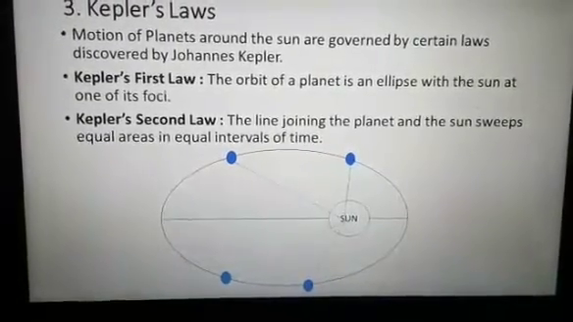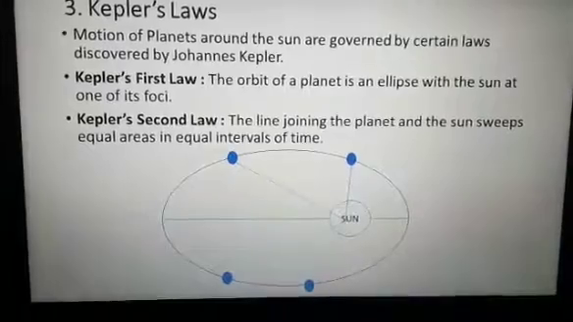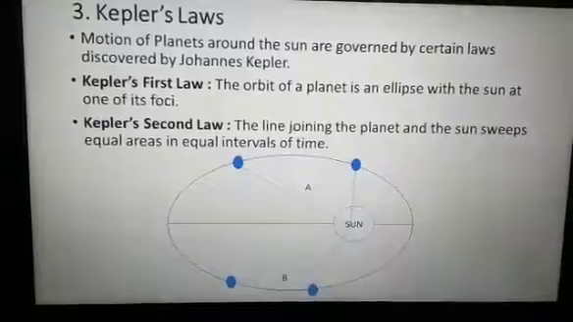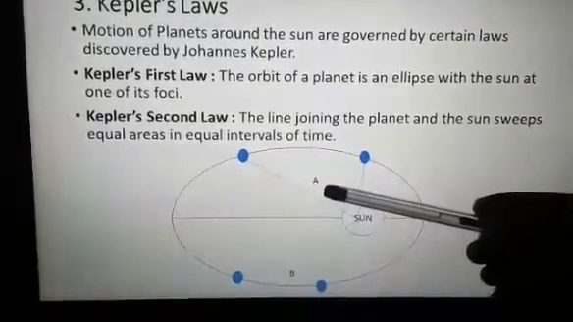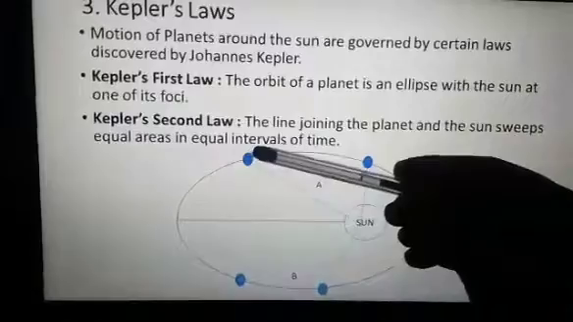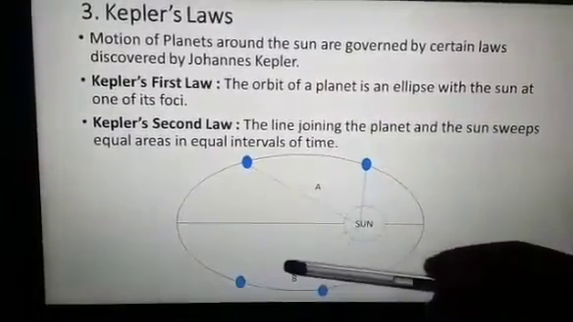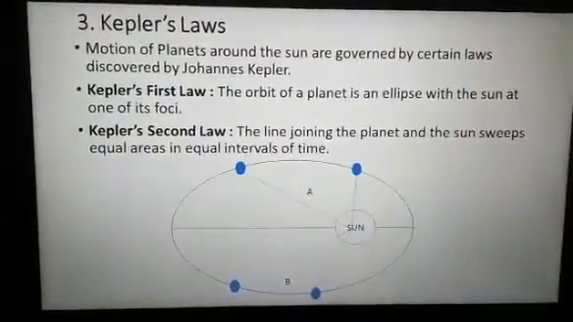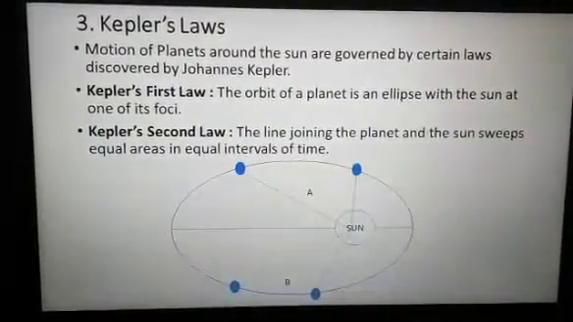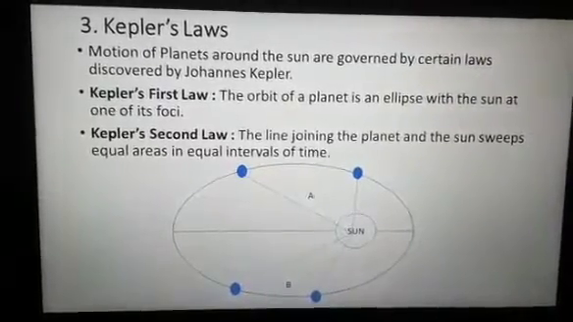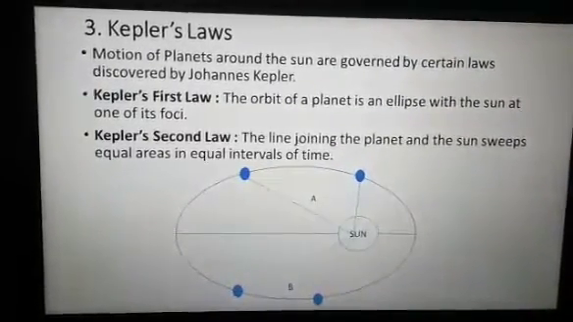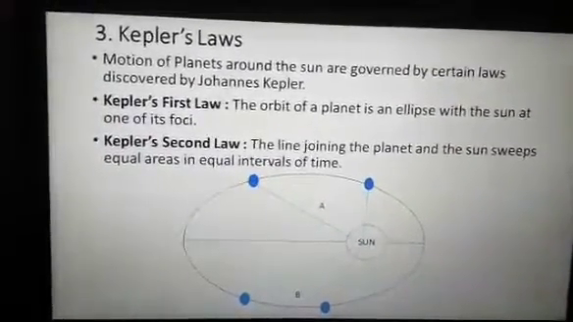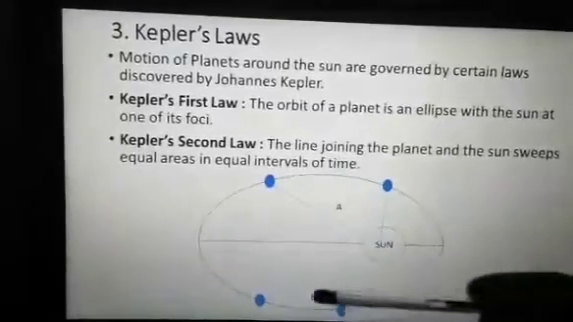For this, these are the lines joined from the star to the planet at 4 different positions and 2 different motions, that is motion A from here to here and motion B from here to here. Now in both these motions, the object is moving from one position to another position and sweeping area A in case of the first motion, and in the second case the object is again moving from one position to another and sweeping the area B shown here